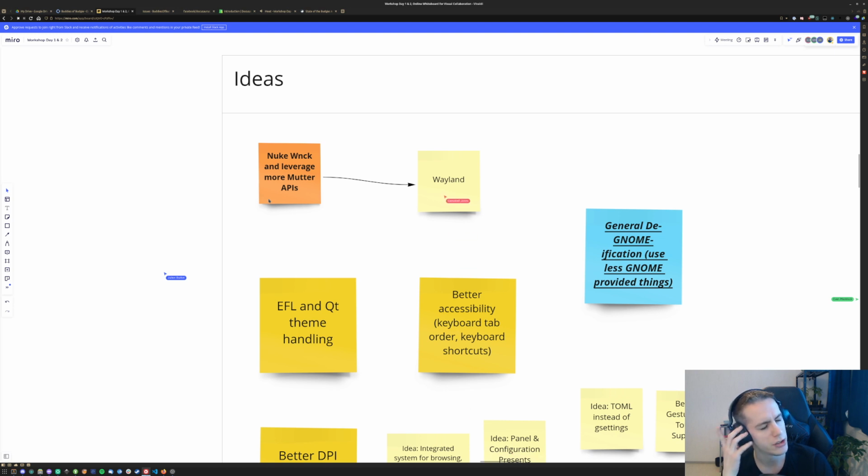And what was it, did you say ECWM? Is that what it's called? Which one, sir? Instead of using mutter APIs. Oh, just using X11. Oh, X11. Okay. Wayland, yeah. Sure. The reason why I had put "leverage more mutter APIs" is that it sort of gets us in the mindset of, for better or worse, having to take a look at the Wayland protocols in the future, but